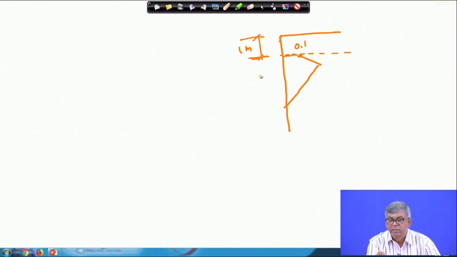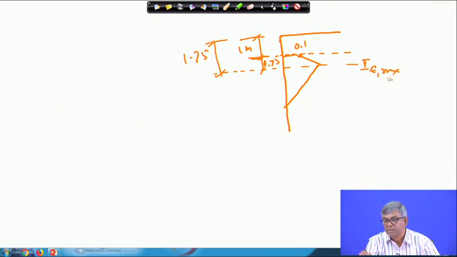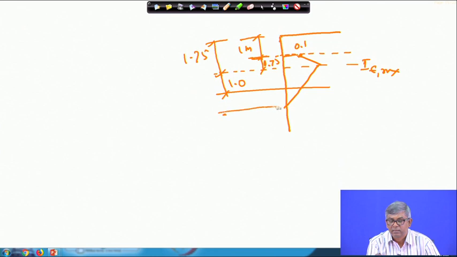now first layer, this is the depth of foundation, your first layer is actually up to 1.75 meter, and since it is B by 2, B is 1.5, this is also 0.75. So, because of that it is coinciding. So, first layer and I E max are at the same level and then second layer is at 1 meter below, this is again 1 meter and this is actually again that will become 1.25.